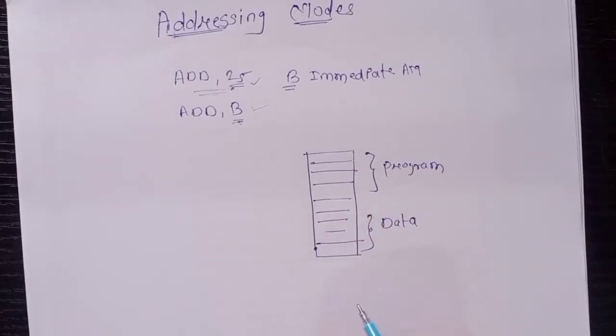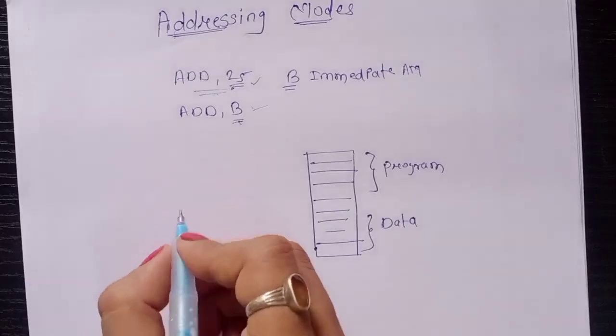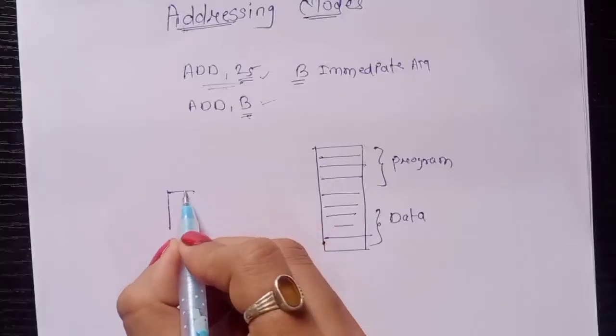Now it's like the imaging app in a mobile. This is your program, and all the images that you click are data. The imaging app in your mobile is the program, and all the images that you click are your data. Again, WhatsApp is a program, and WhatsApp messages are data. So program and data are both stored in memory. Next, this is a processor.